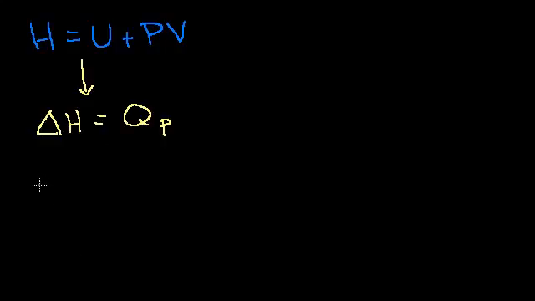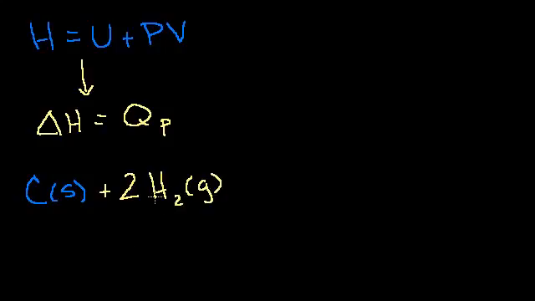Let's say that I had some carbon in its elemental form as graphite, I have a mole of carbon, and I add to that 2 moles of hydrogen in its elemental form. It's going to be a gas, and it's going to be as a molecule, right? If I just have a bunch of hydrogen in its gaseous state, let's say in a balloon, I'm not going to have individual atoms of hydrogen. They're going to bond and form these diatomic molecules. And if I react them, I'm going to produce a mole of methane,